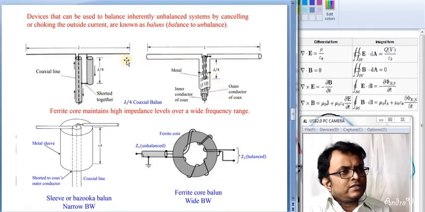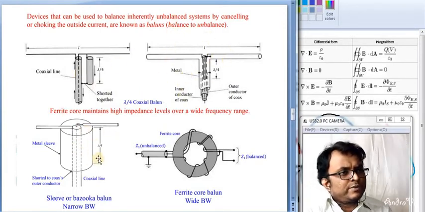Practically this is a transmission line model of these cases, and this is the diagram of how it looks. This is a coaxial cable with a central conductor. The outermost conductor is going to be one part of the dipole, another part of the dipole is going to be the outer side of the conductor, and there is a lambda by 4 matching technique, that is a shorted dipole lying there, and it looks like that. This is called a balun. This type of matching transformer is known as a balun.